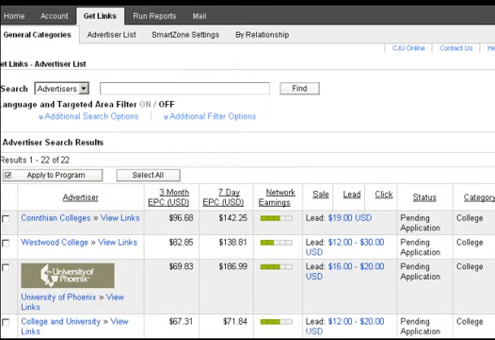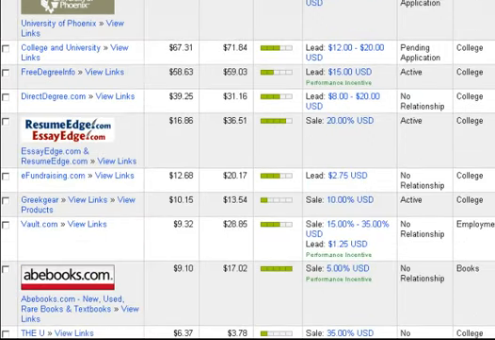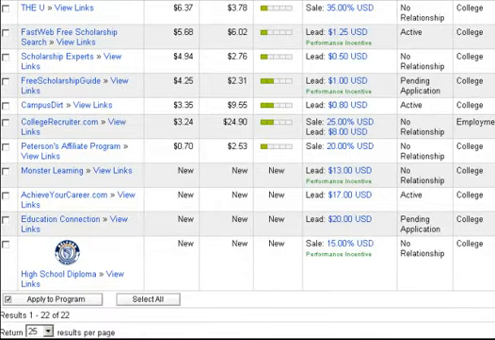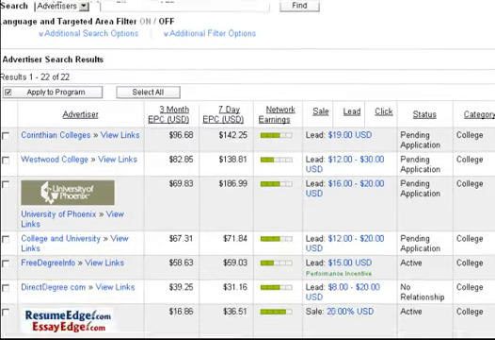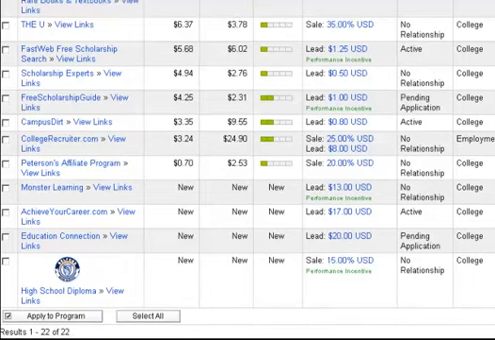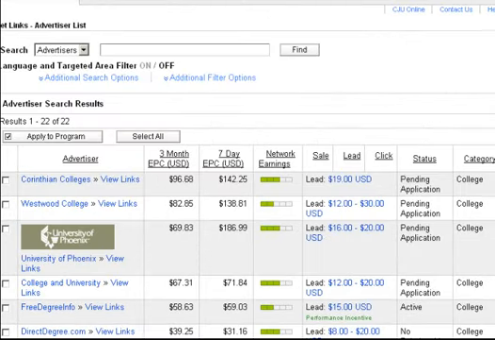You can see here we've got 22 advertisers that are basically colleges or directly related to college. There's other things that we can look for too. I happen to know that there are financial aid type programs that use Commission Junction, so we can look at some of those as well. But just to start off with,